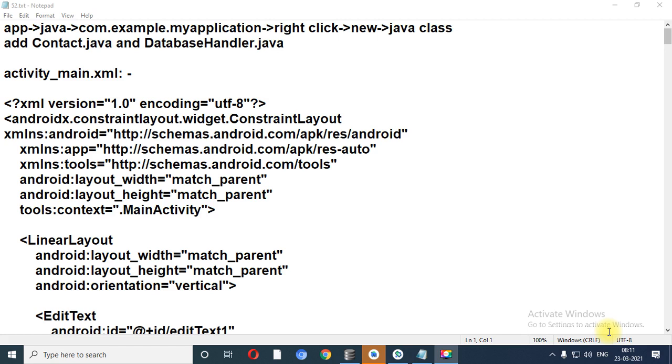Now let us start with our today's session, which is the most important, based on practical session: database connectivity. This topic we are going to study in our today's session.